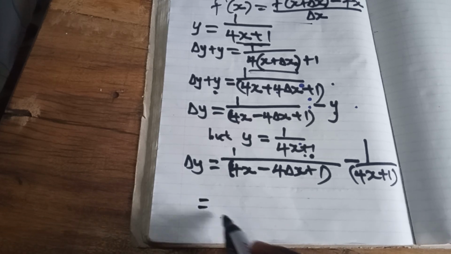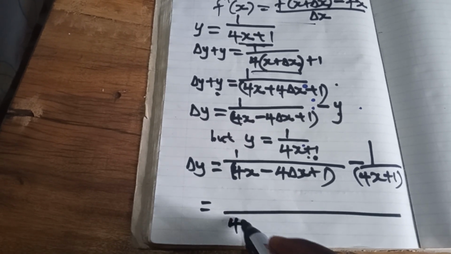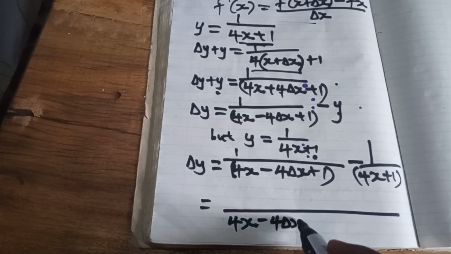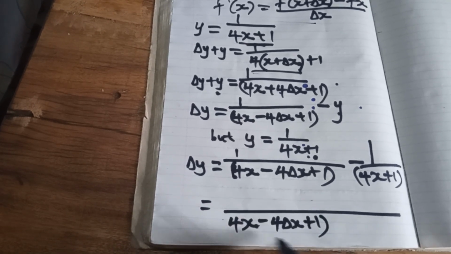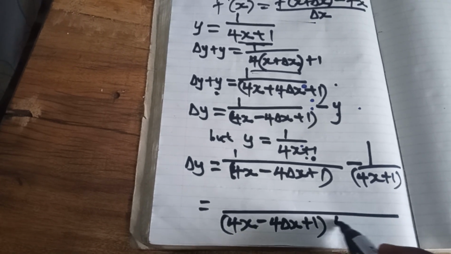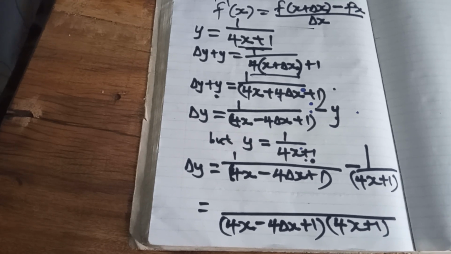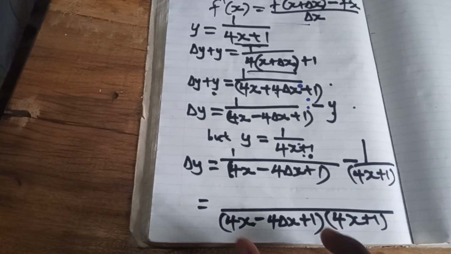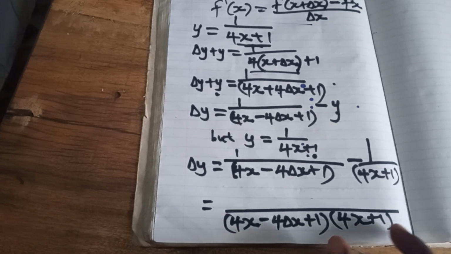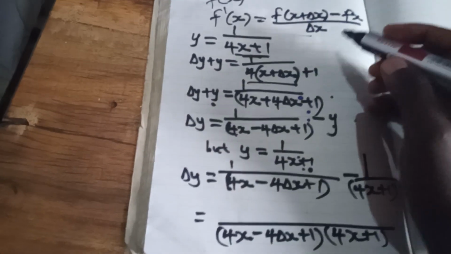Then we say our LCM is going to be 4x plus 4 change in x plus 1, times 4x plus 1. That's our LCM. Now we take 4x plus 4 change in x plus 1 and 4x plus 1, and divide through by this one. So like here, we will have